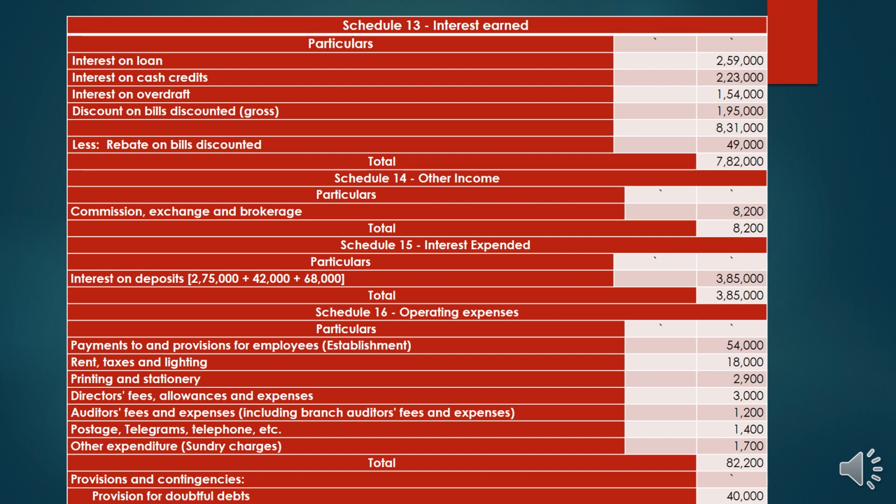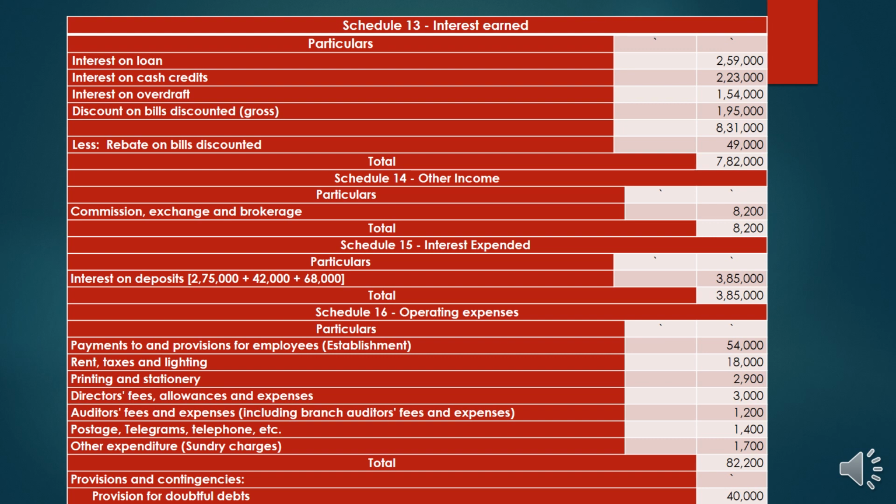Provision for doubtful debt is 40,000 and provision for taxation, that is 55% of the total profit, 1,55,650. So here one point to be noted. While preparing profit and loss account, you can ascertain provision for taxation only after preparing profit and loss account. Say after transferring 55% of taxation, the profit as per profit and loss account is 1,27,350, and this 1,27,350 is arrived after adjusting 55% of tax.